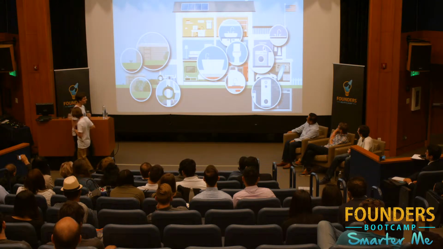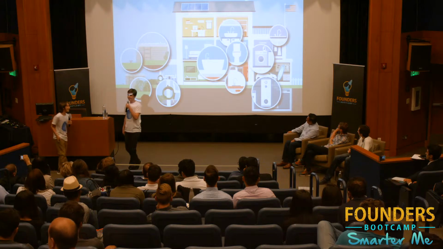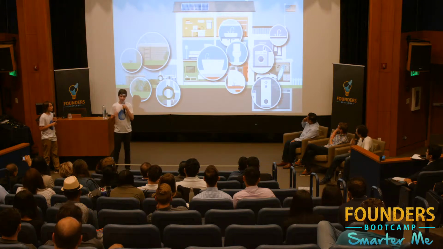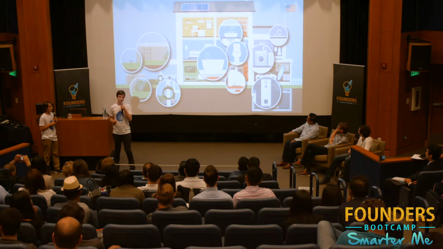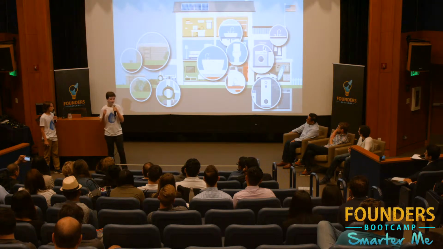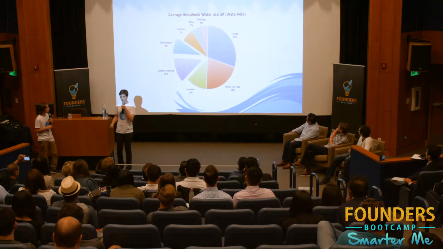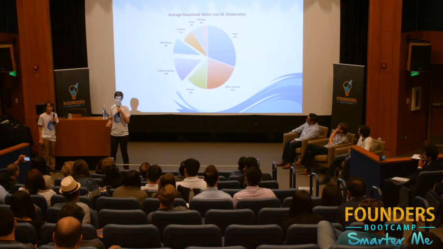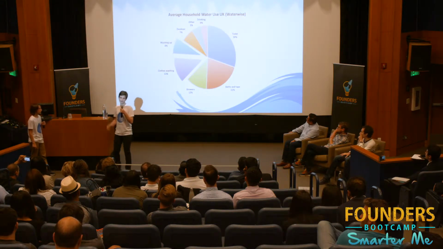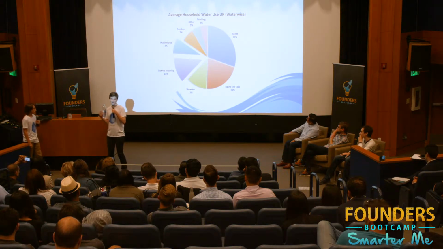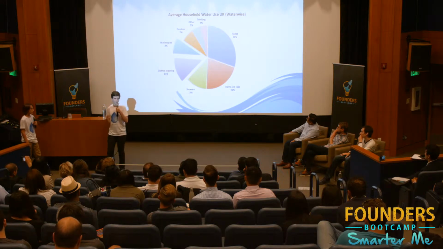So what is TAP? TAP creates an exact sketch of your house and your water outputs and puts it together in monetary terms. That means the user will know exactly how much water and money he's spending in each moment, and it will all stream live to the TAP app. The setup of the TAP is like you come, you start it up, and in 2 or 3 days, the deep learning mechanism will automatically adapt to you and will start telling you exactly how much water you're using in each of those things.